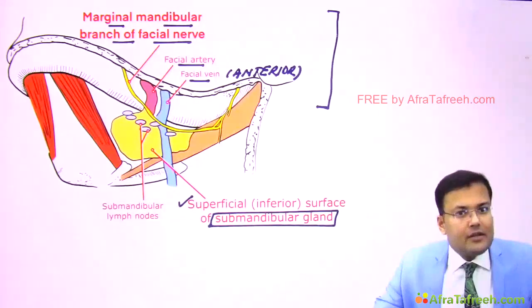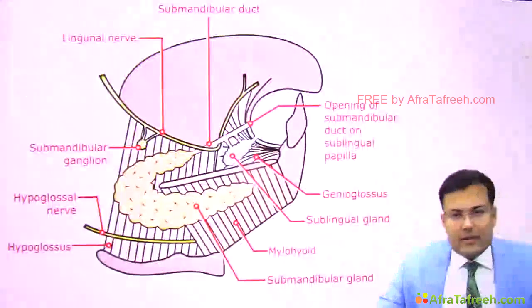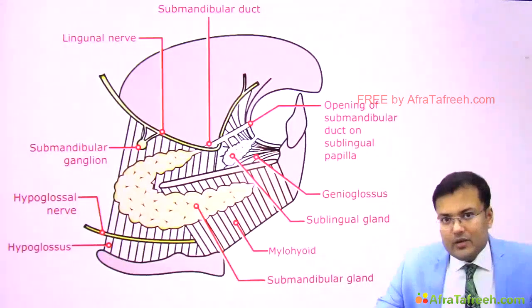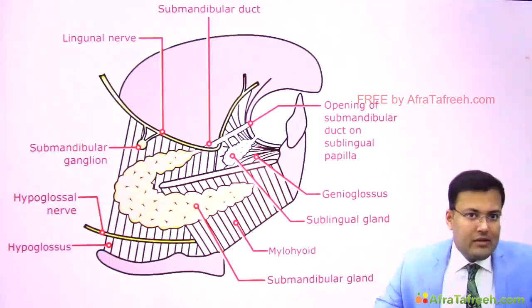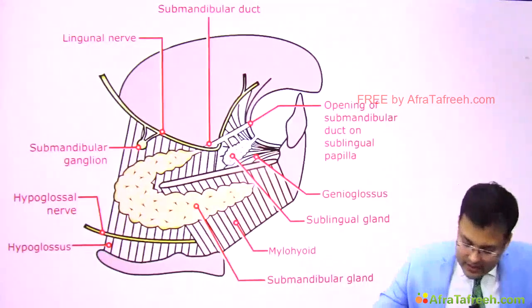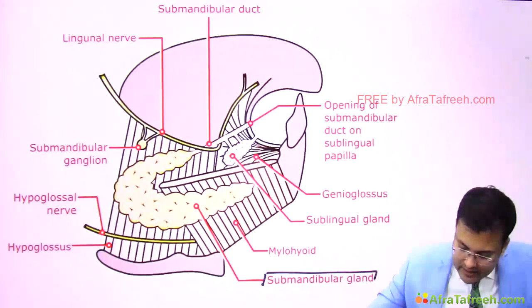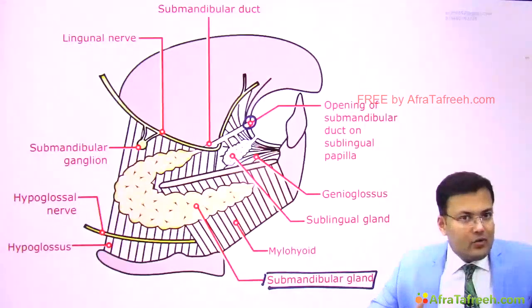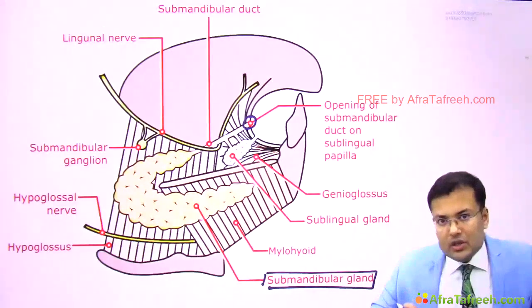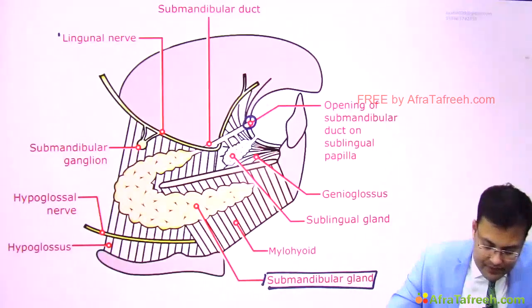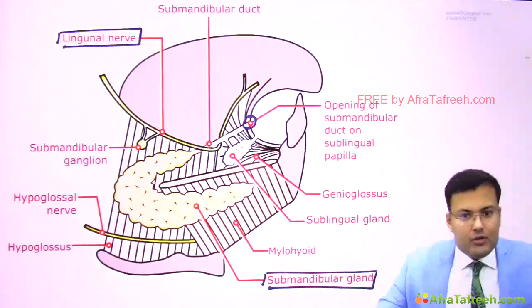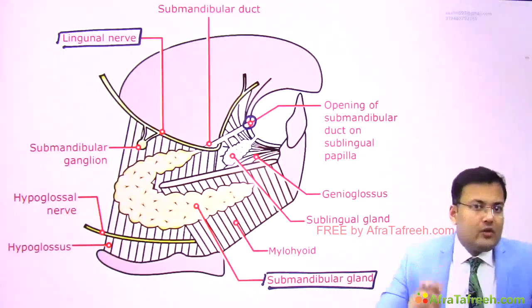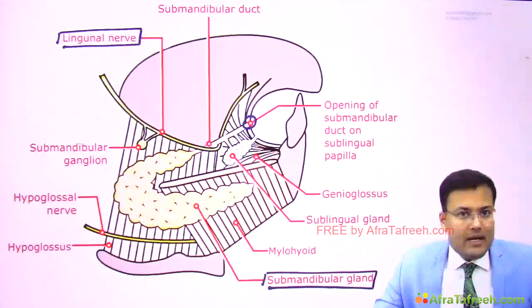Okay, now see further close relations. This diagram is very important. It is asked in both surgery and anatomy. That's why you have to understand as well as remember the facts. Now see, this is the submandibular gland and this is the duct, Wharton's duct. There is close relation of Wharton's duct with which nerve? Lingual nerve. And you can notice that this lingual nerve hooks the duct. So Wharton's duct is hooked by lingual nerve.